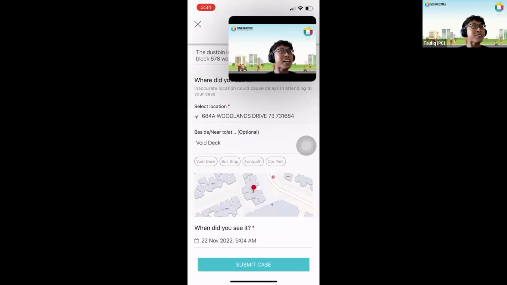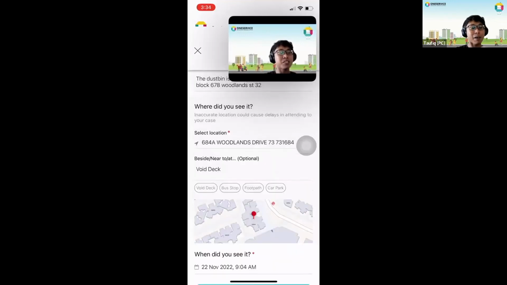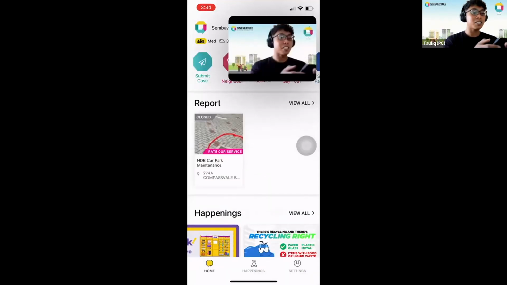Okay, I'm very tempted to send, right? But I shouldn't, because then my colleagues at the back end have to manage this case, and then I have to tell them, hey, this is actually a sample case that I'm sending out, because I'm using the real OneService app. So Janice, I just want to share with you,